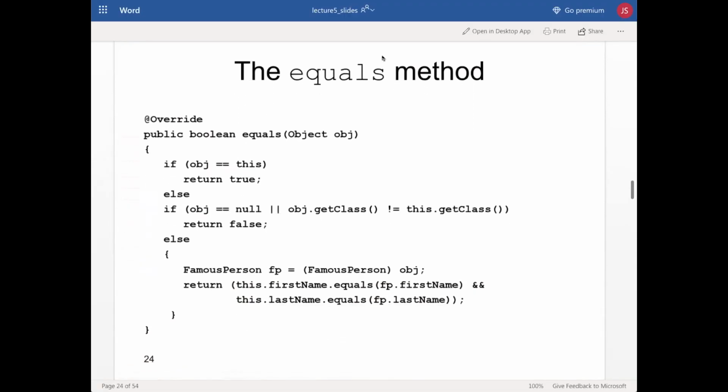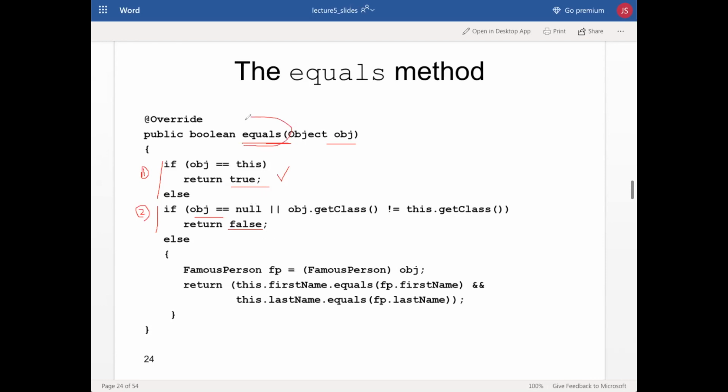So if you look at the famous person class, let's investigate this equals. This equals inherits from your Java Object. And it's simply doing by default two things. One is checking to see if the object is actually the same as itself. So if you're comparing two objects that are really the same to each other, then yes, true. Or if the object is null, or not coming from the same class, then false. So generically, Java Object provides these two functionalities to check if the object is true or false